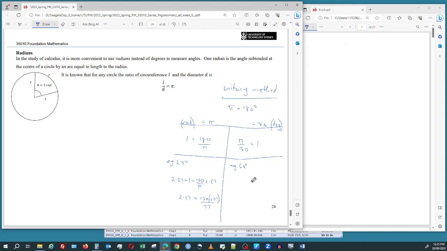Example, 60 degrees. Just multiply both sides by 60. And this one will be 60 times pi on 180. The noughts will cancel. So we get 60 degrees is equal to, 6 goes into itself. Oh, look at that, pi on 3. As if we didn't already know that. Okay, so the unitary method's useful, but it's better that we just learn our exact values and go between them. All right, so